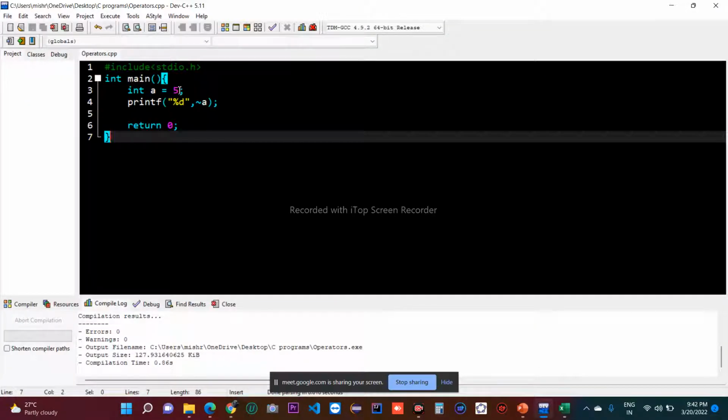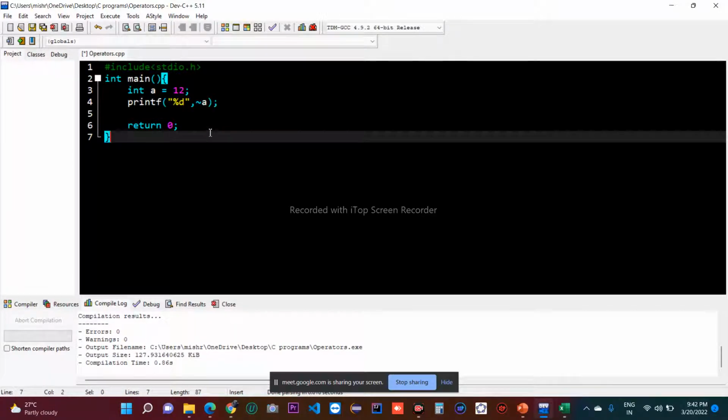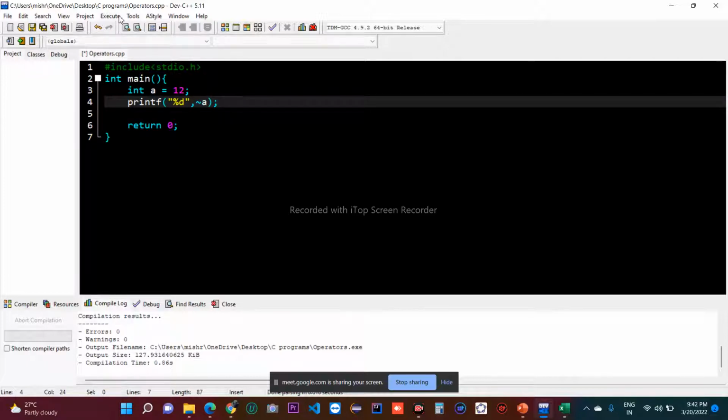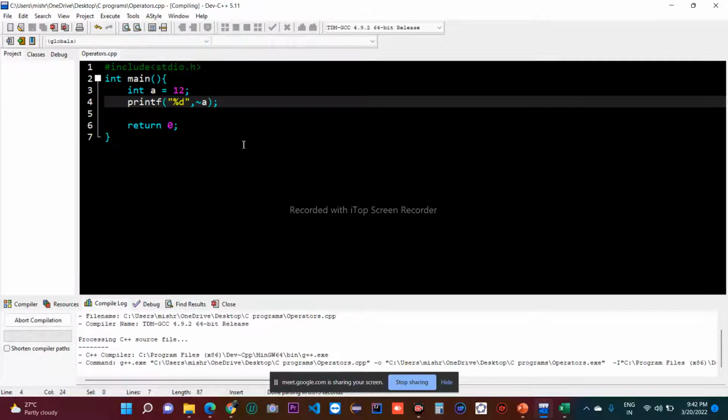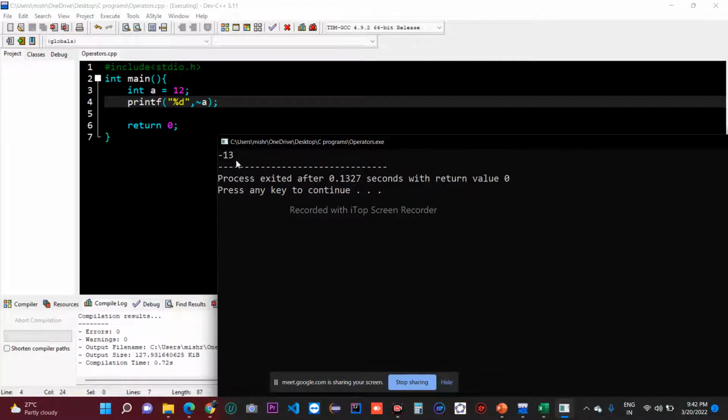अब इसी को लिख के देखो, if a is equal to 12, let's find complement of it, bitwise not of it। What is bitwise not? ये देखो -13 आया, -13।